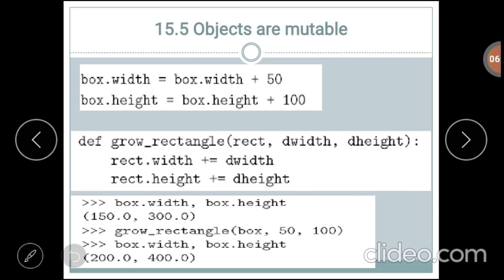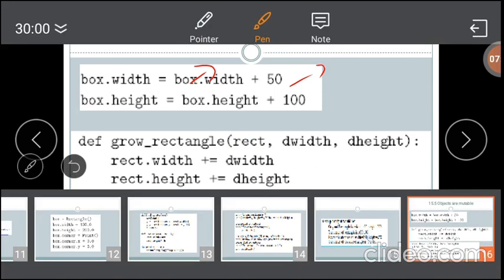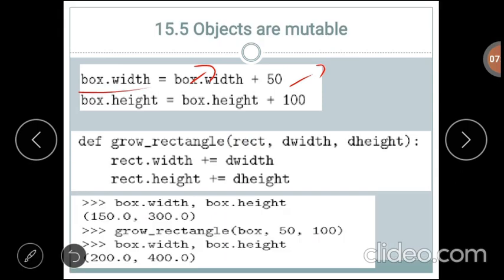For example, to change the size of a rectangle without changing its position, you can modify the values of width and height. For example, box.width equal to box.width plus 50 means box.width, the previous value, to which we are adding the number 50, so that you get the new value. That means these objects are mutable. We can modify the attribute values of that particular object.